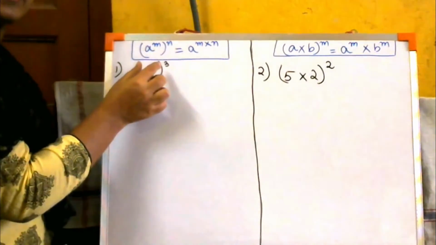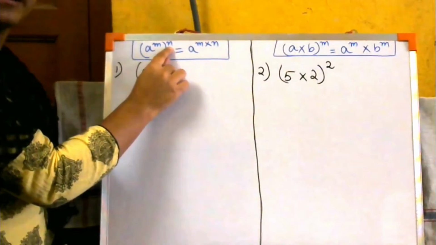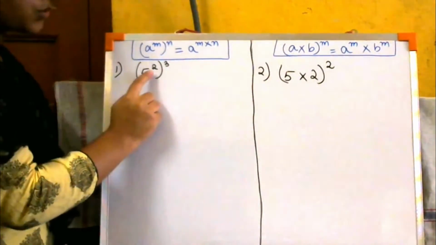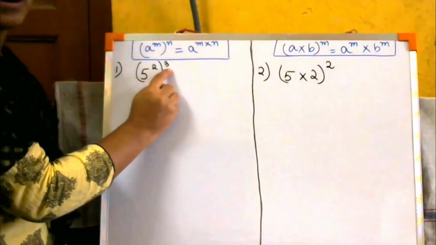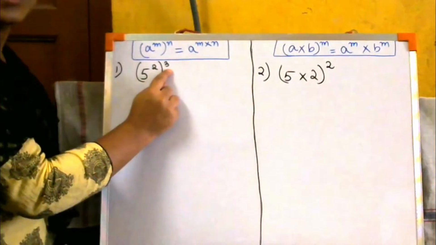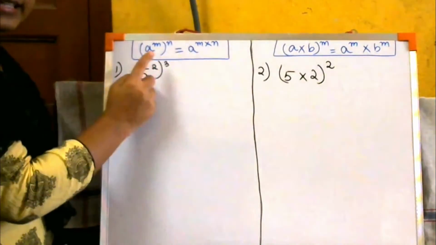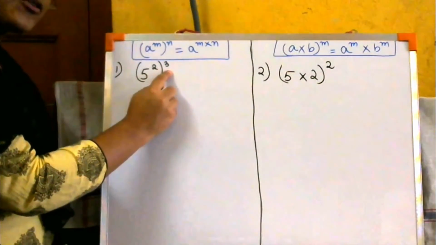अब दोनों एक ब्रैकेट के अंदर होगा और बाहर और एक पावर होगा जो डिफरेंट नंबर होगा, ठीक है? There will be a different number of a power. Look into this sum. 5 to the power 2, it is inside the bracket. Outside the bracket there is another power, that is 3. Clear? I guess you people can see it clearly that 5 to the power 2 is inside the bracket, outside the bracket there is the power 3. Then how you are going to solve it?